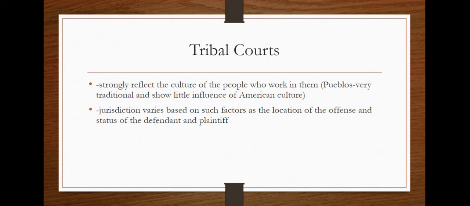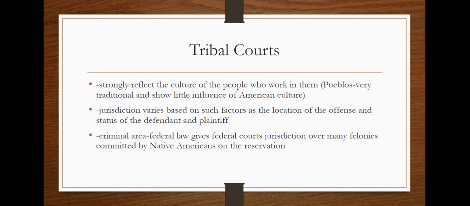At one point in time, and I think I mentioned this in one of the earlier lessons, okay, if it happened within tribal boundaries, the tribal council, the tribal court dealt with it. That would include things like murder. Not so much anymore, okay? Criminal area, the federal law gives federal courts jurisdiction over many felonies committed by Native Americans on the reservation. So these two things go together. That's what I'm trying to get at. At one point in time, a felony that was committed within the tribal boundary was dealt with by the tribal court. All right. Now, okay, based on the status of the defendant and the plaintiff,